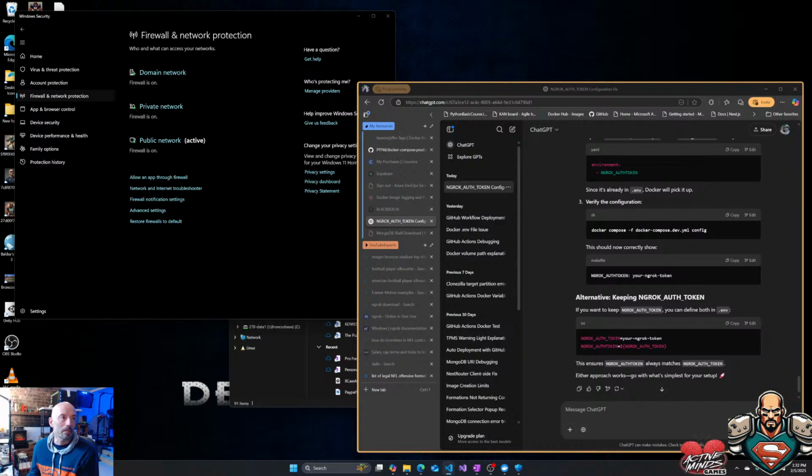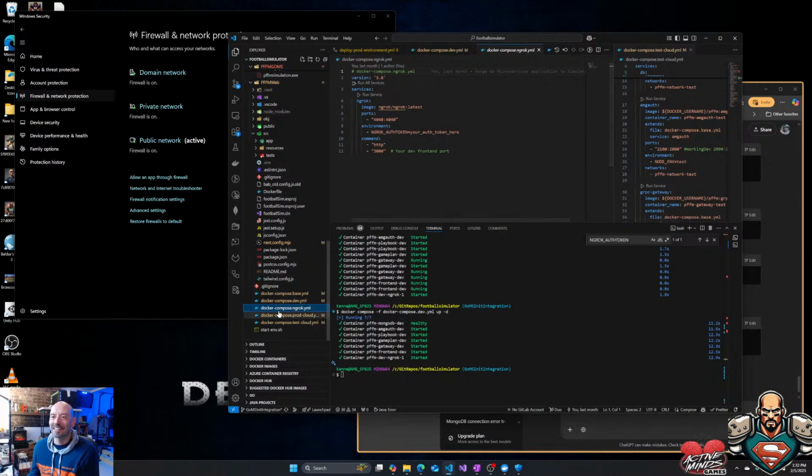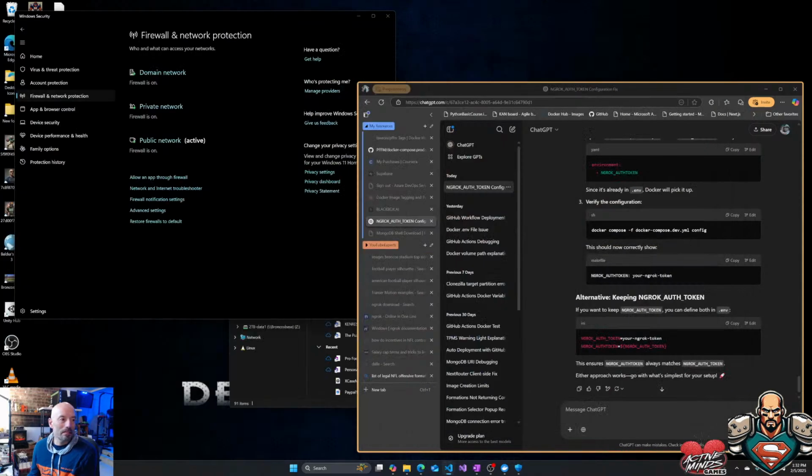Oh, that's a Docker compose. Does it even use this? What the heck is this? I got this Docker compose. It's basically my compose file, but I don't understand why it exists. I don't know what's calling it. But there is an NGROK